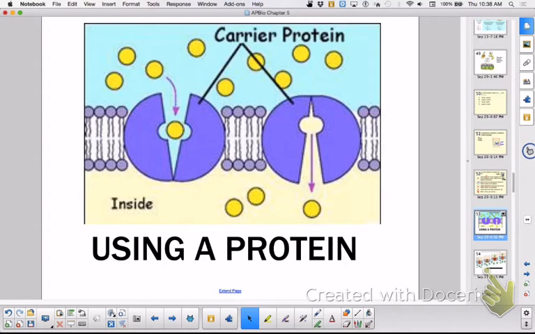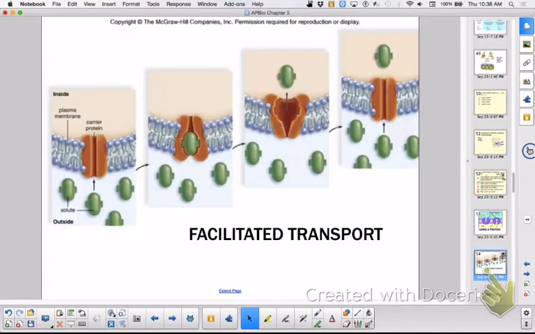Okay? So now let's take a look at this picture right here. I'm showing you facilitated transport. I'm not calling it active transport. Youngest bio buddy, tell them why is that the appropriate name for this right here. Go ahead. Because the molecules want to go in a block, but they just slide to the